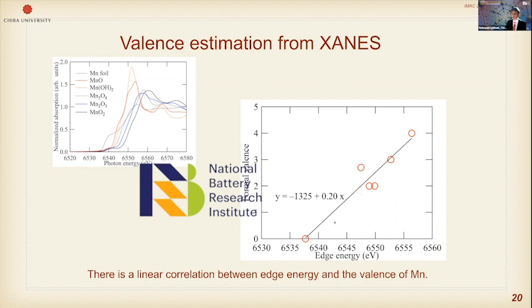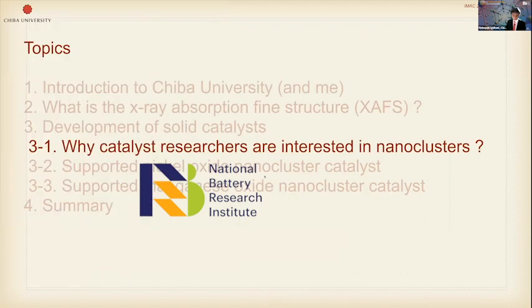So there is an almost linear correlation between the edge energy and the valence of manganese: 0, and 2, 2.7, and 3, and 4, like this. So you can measure your manganese oxide sample, see your inflection point, the so-called edge energy, and calculate the formal valence or the average valence of the manganese. It's a good point from XANES analysis. Okay,